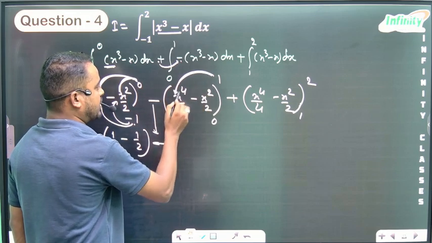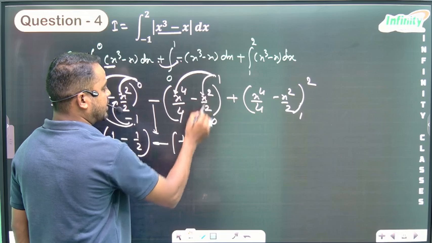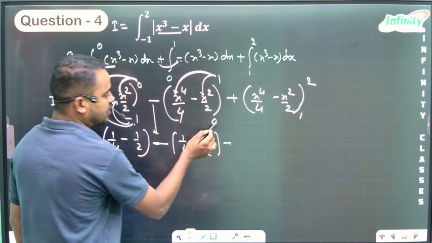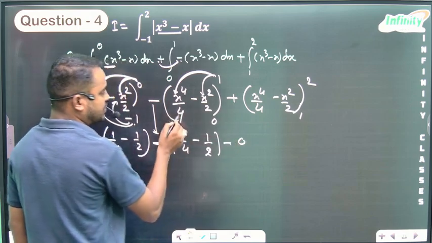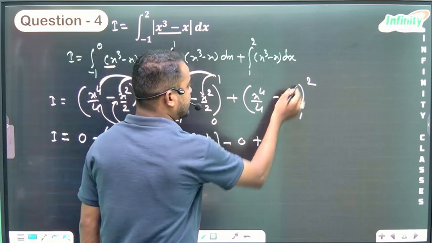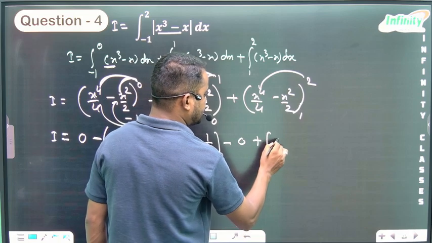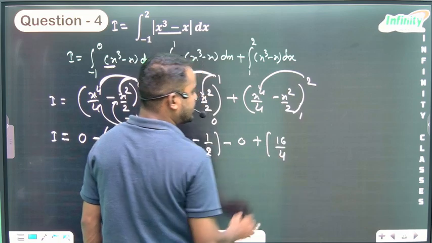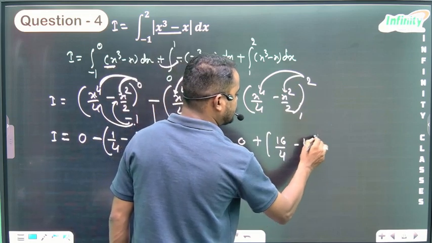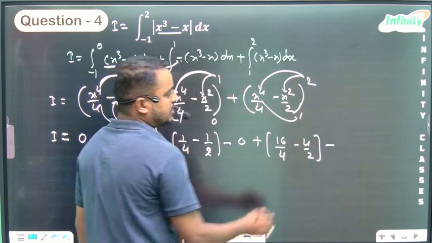Upper limit is 1, that is 1 by 4 minus 1 square by 2, 1 only. Then minus of the lower limit, that is 0 by 4 is 0, 0 square by 2 is 0. Then plus again here, that is 2 raised to 4 means 16 divided by 4, then 2 square means minus 4 by 2. Then minus of the lower limit. Lower limit is what here? 1. That is 1 by 4